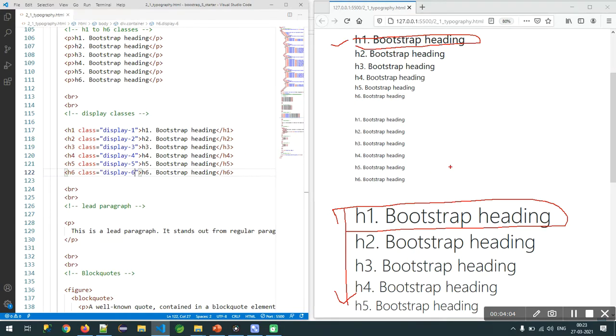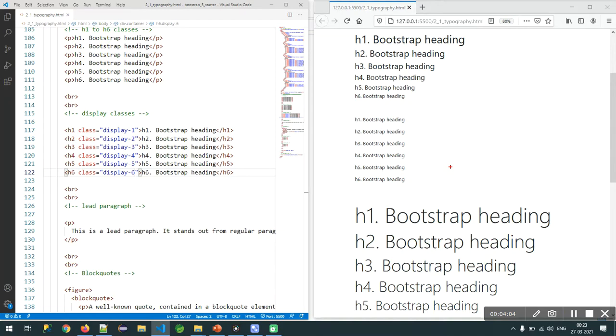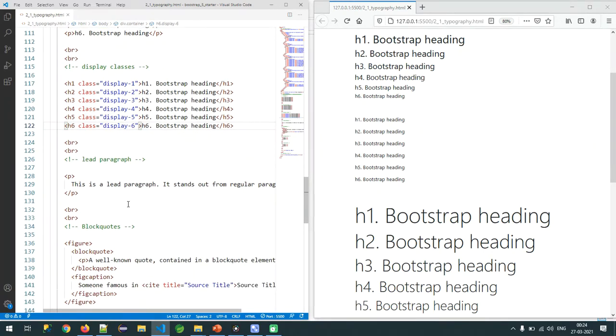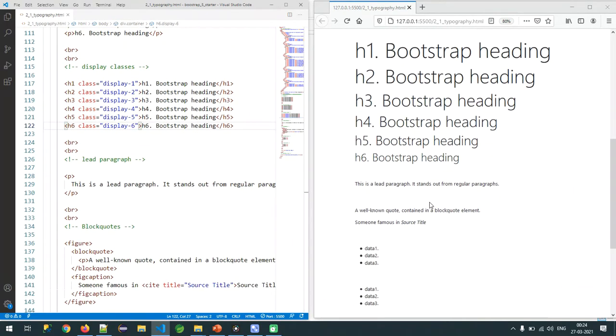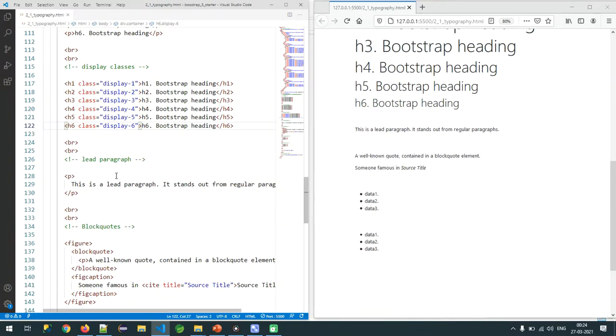So based on your requirement, you can use different things. Now I understand the h1 to h6 classes and display-1 to display-6 classes.